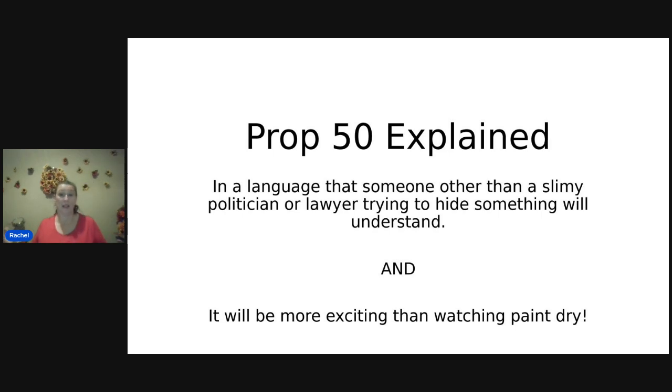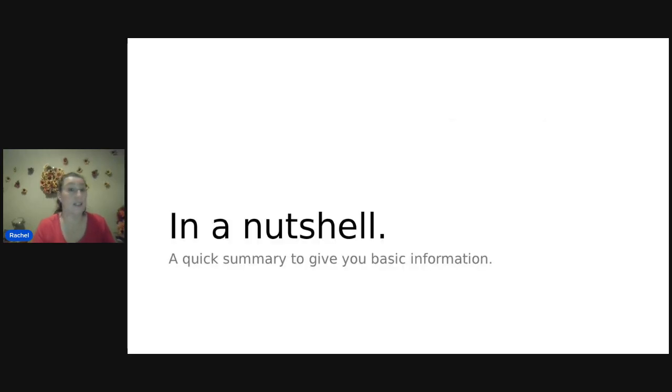And it's explained in language other than some slime balls trying to write, because let's face it, seems like it's deliberately confusing. And I'm going to try to make it more exciting than watching paint dry because, well, this stuff can be kind of boring. So let's enjoy. I'm going to give you a quick summary, just in a nutshell. Everybody should have gotten this in the mail, but